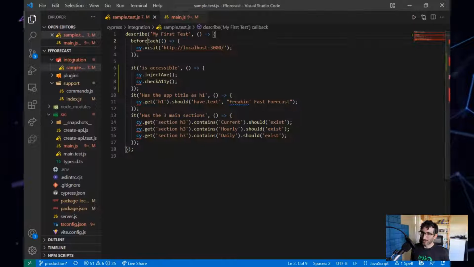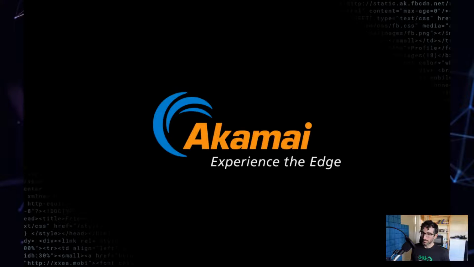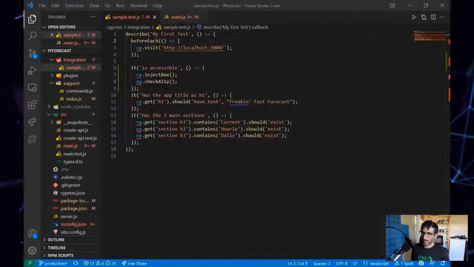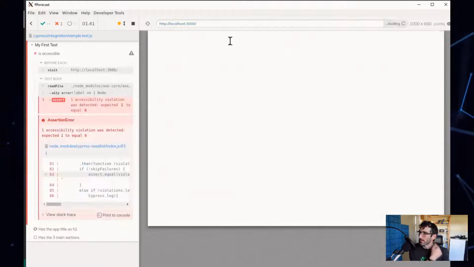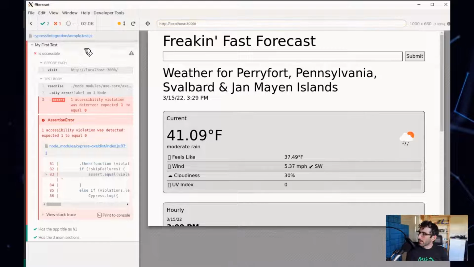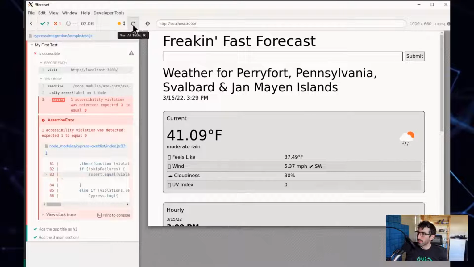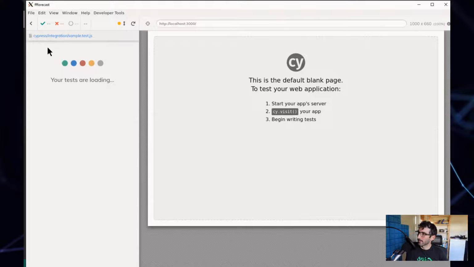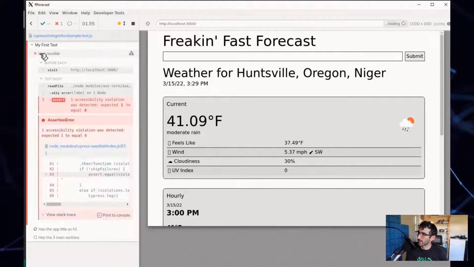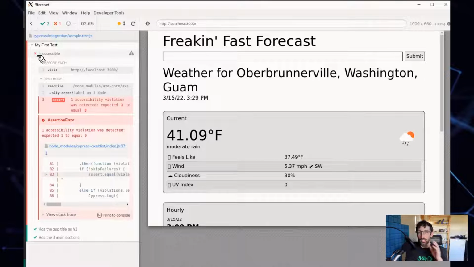Okay, so before each test, we'll visit the homepage because we have to anyway. And then, one cool thing about Cypress: as you see this load, it's going to hang on that for a little bit. You see how that little spinner was going for like a second there? Cypress is really cool because it does this thing where if the test sort of fails